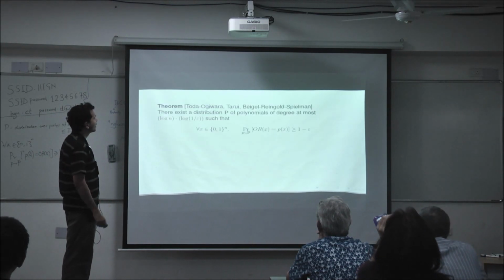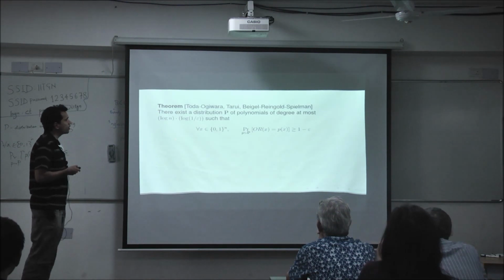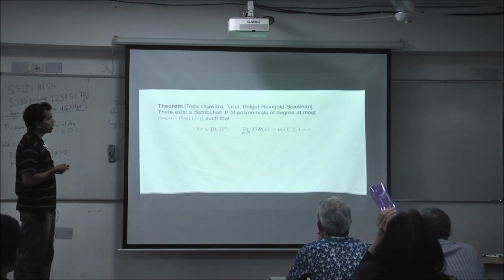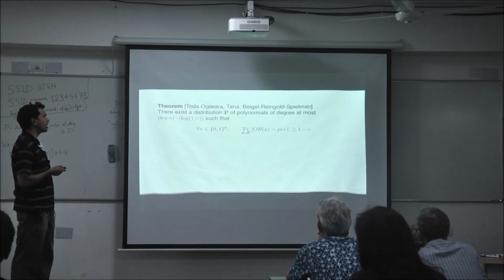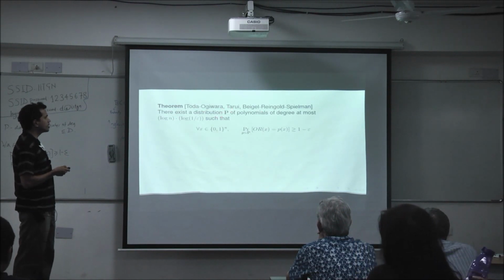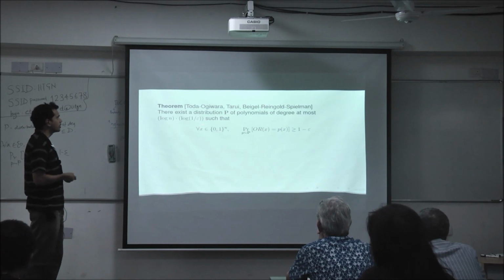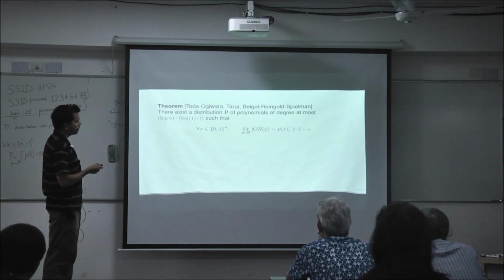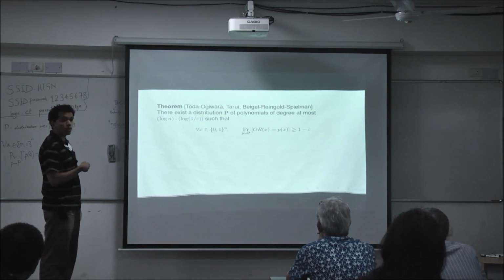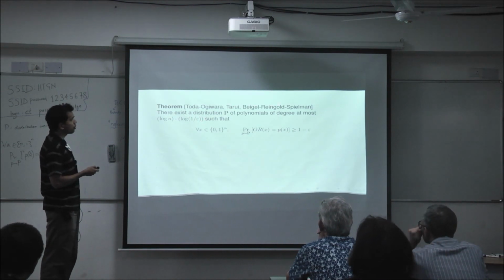Alright, good. So what we proved is, as I said, a theorem that was known from a while ago. It's a theorem from roughly 1990. All these people more or less proved it the same way. So what I showed is the following, which is what we just proved: there exists a distribution, a probability distribution of polynomials.